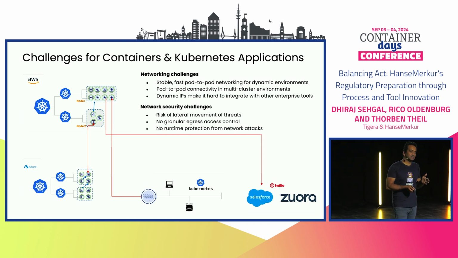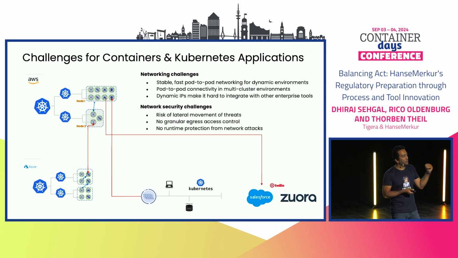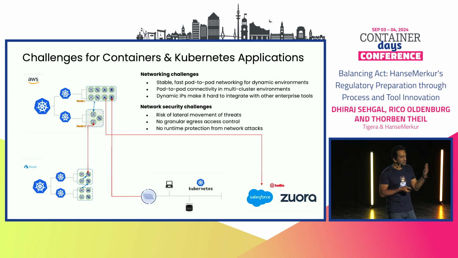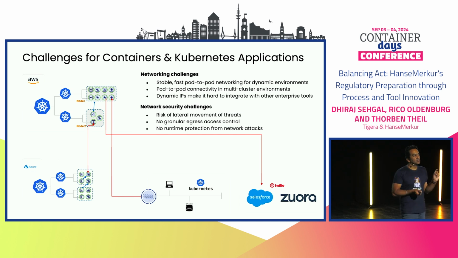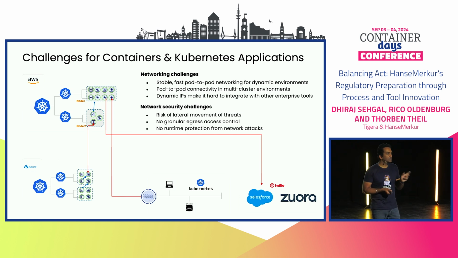Here the thing is, generally it comes from the compliance side, or it comes from the point of movement of a risk across in the cluster itself, across the nodes, across the pods. And what people are generally looking for in this situation is to prevent the risk of lateral movement of threats, right? Like you don't want, if a threat is in one tenant, to go into another tenant, or you can say